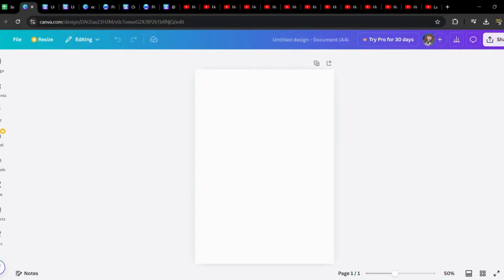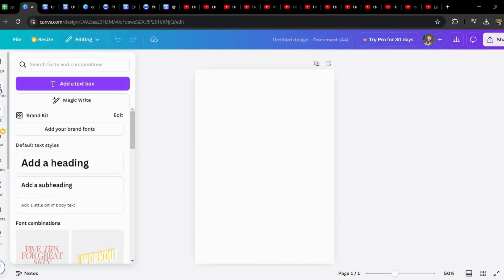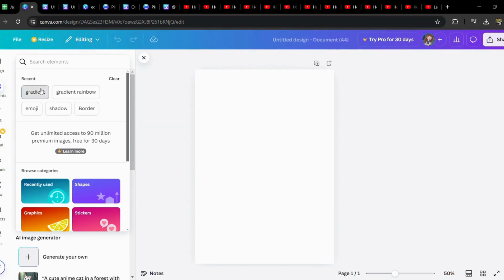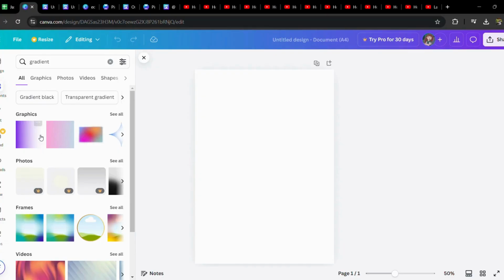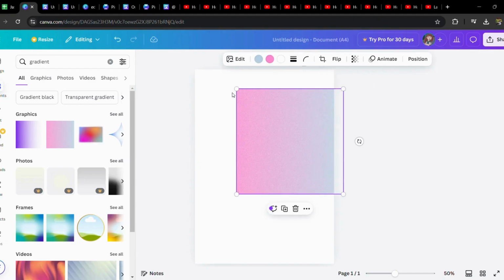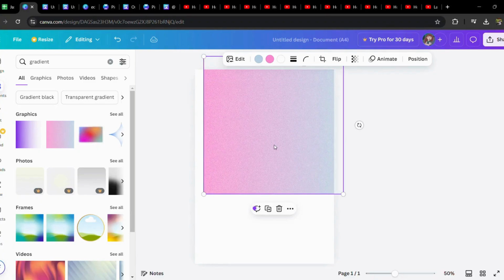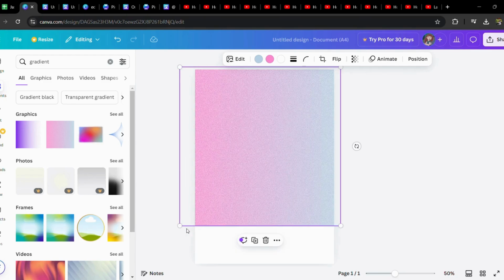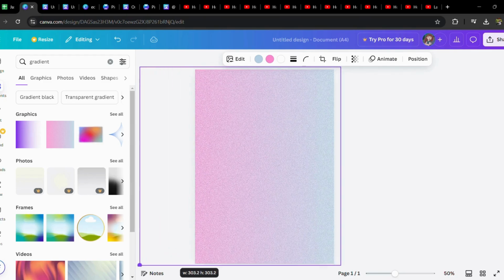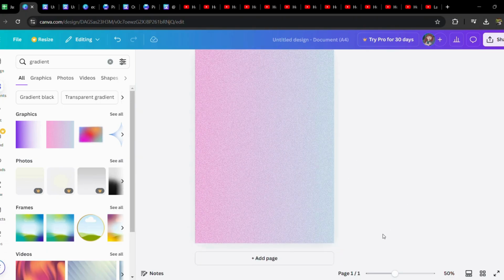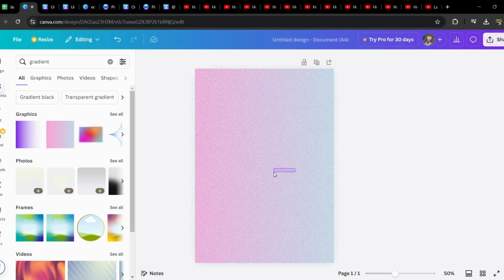So in order to do that, let's first go to the elements and type in gradient, and you can choose any of the gradients you like. I'll choose this one, and what you're gonna do now is make it full screen. Make it the whole background. I guess this is just fine. So once you do that,